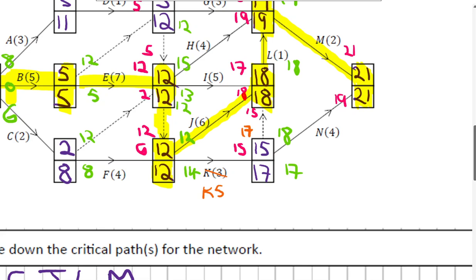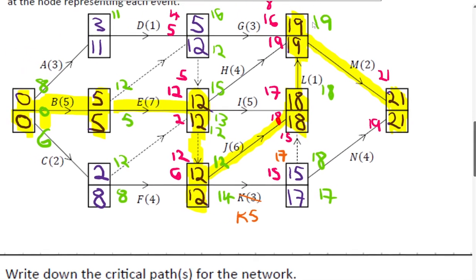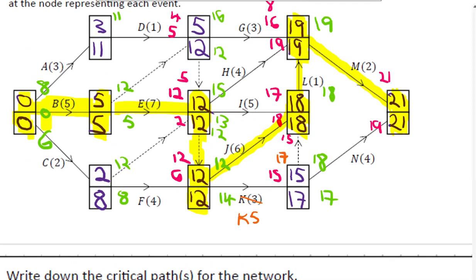I don't think it will change anything about the time it takes, but it will add a second critical path where you'd have K, N. Because see, if that now is 17 instead of the 15, it doesn't affect that, which means that the 21 is still correct. And then 17 plus 4 is 21, so that's still correct that way. So it won't change the time it takes to complete the project, but it does add another critical path, which